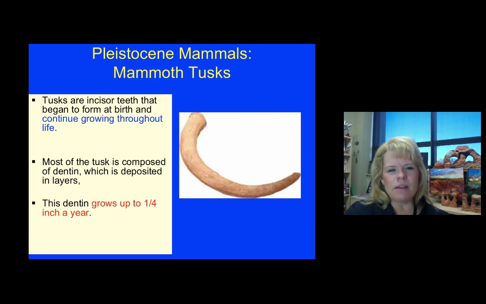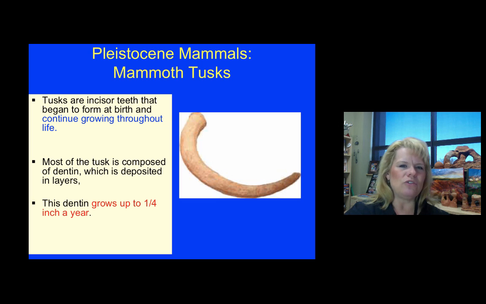The tusks of mammoths are used to help us determine what their conditions were of eating and circumstances of life. We can even tell you, based on the rings that are developed, if it's a female, how many times they were pregnant. I can't tell you how many times they had a baby, but we can tell you that they were lactating. We can tell you those kinds of things with that.